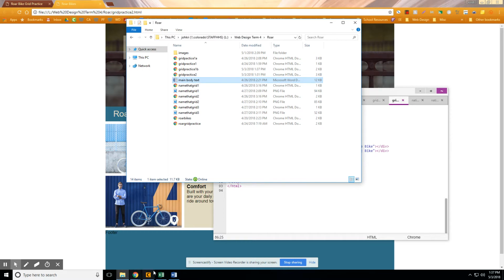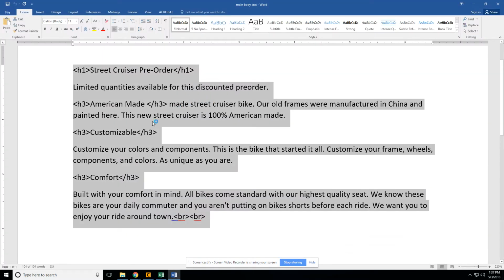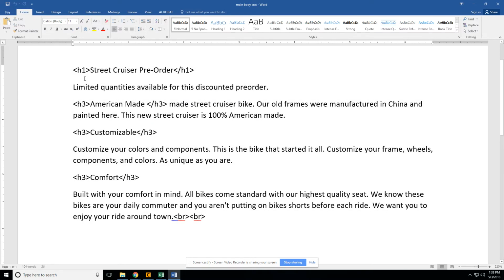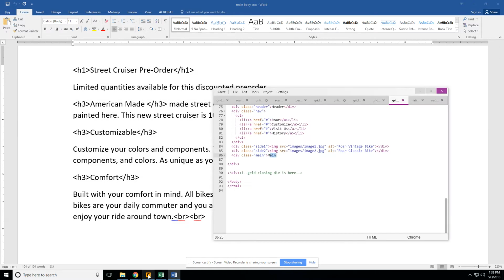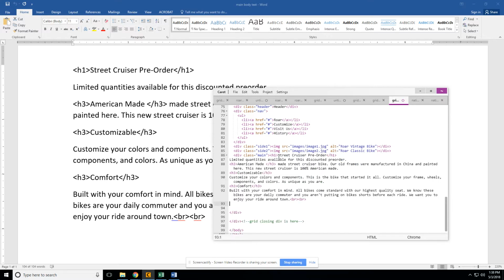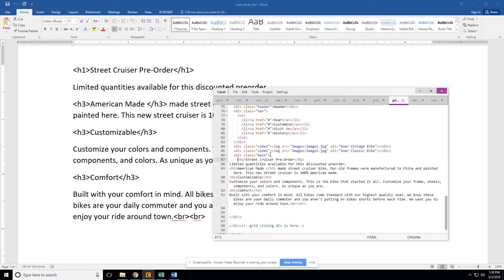So go to your folder that you had originally copied where you have all of the pictures for this page. And in there you should find this. It says main body text. So you can open it, select it all, and then copy it. And you'll notice that I've put in some H1 and H3 tags. So you're going to delete the text that says main and paste this in place. And I'm just going to enter this down so I can see that a little bit better. Save it